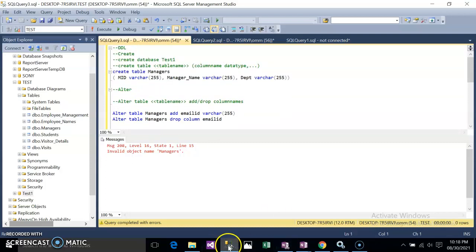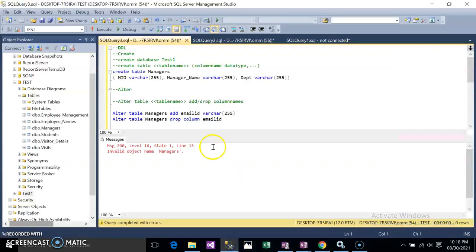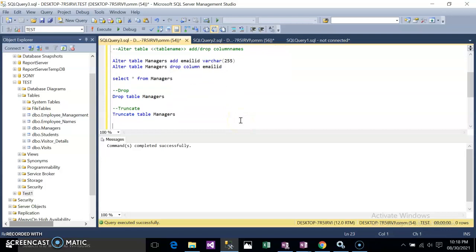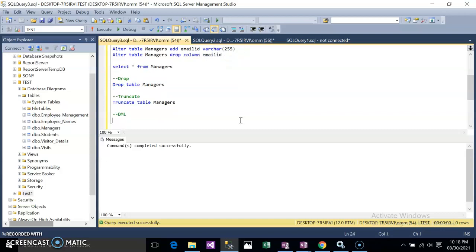Let's go through DML. Let us create this as I have already dropped. Next is DML. Okay, so in DML, let's say I will just insert, update, delete.